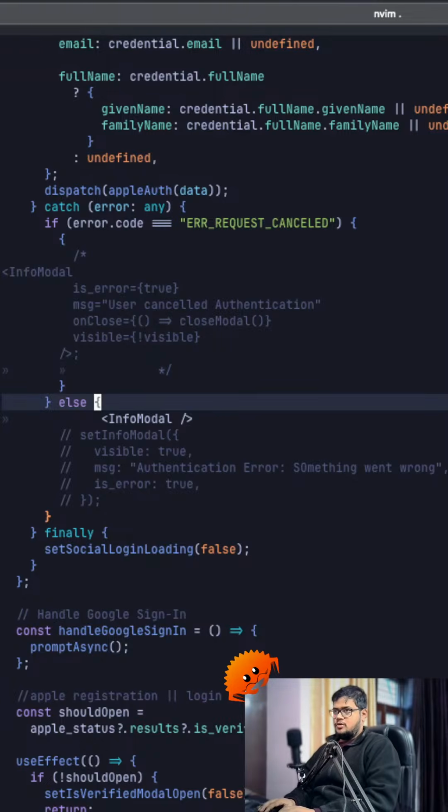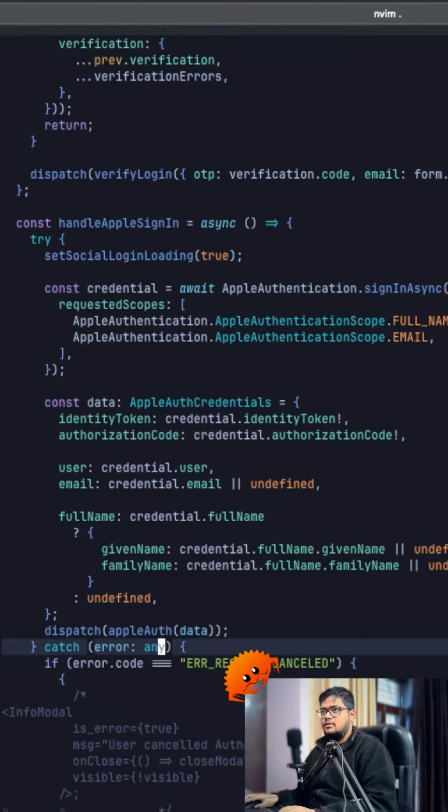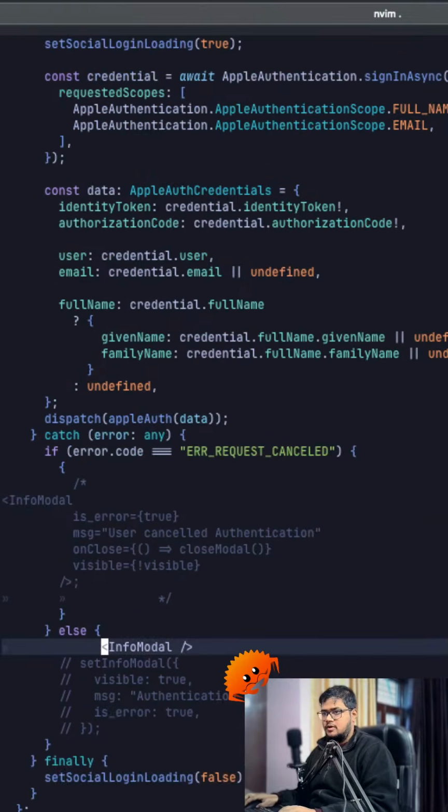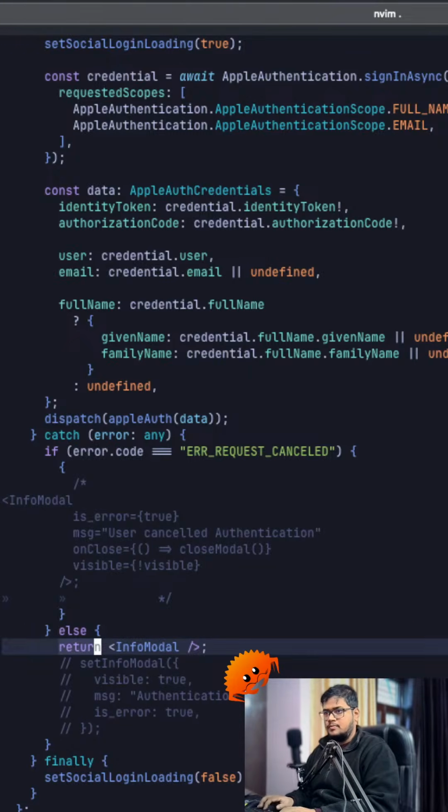Okay, now a possible reason could be that this is a function, right? And I'm calling this component from here. So this could be an issue, that it's not calling. What if I do this thing? Will that work? No. So